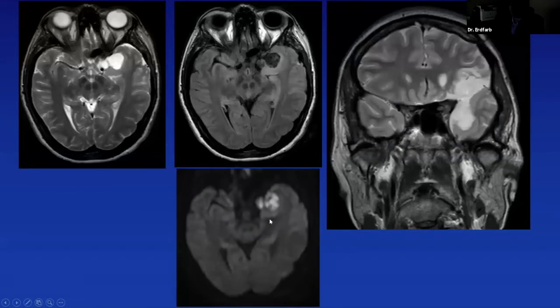And then the slam dunk for us is going to be the restricted diffusion. Whatever this is, it's restricting. So you have something that looks like CSF signal, but isn't, because it's got a dirty, so-called signal on FLAIR imaging, and has that restricted diffusion. What's important to note is it doesn't have a lot of edema around it. Were this to be an abscess, something else we should all be thinking of when you see restricted diffusion, you'd probably expect more edema around it. So putting all that together,